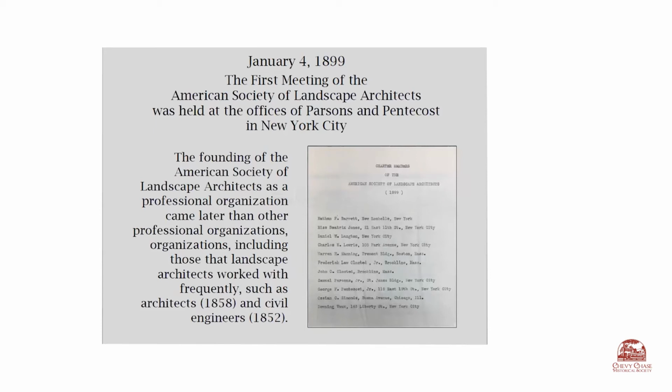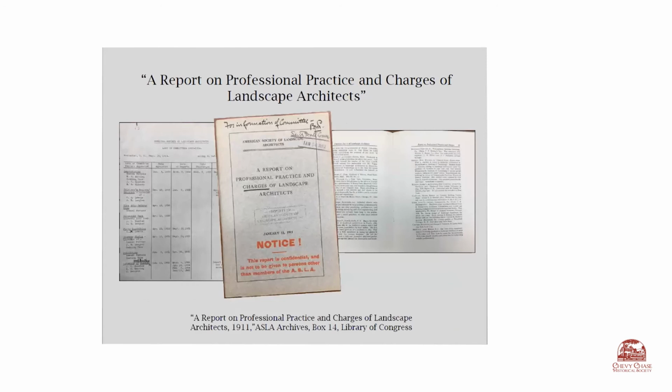Well, now we come to the first meeting of the ASLA, the American Society of Landscape Architects. Of the 11 people who showed up, Barrett was one of them. They came together and at first they met just a few times a year, but Barrett was quite active in sharing his plans of the work that he was doing, and he was also really interested in a program that actually the Olmsted worked more on than he did, but it was something that he was really concerned about, which was what happens when you have a bad client. Barrett had many bad clients, and he had had to sue